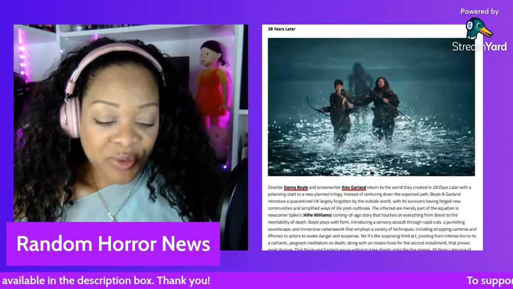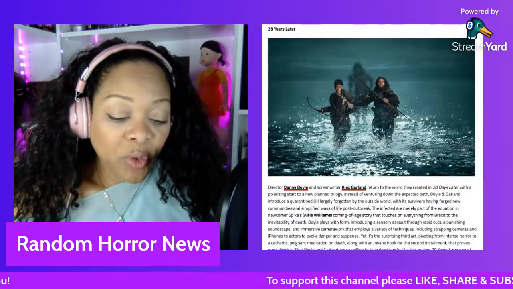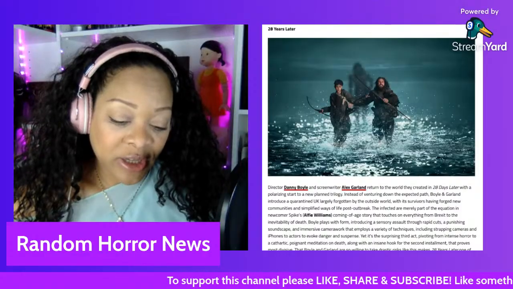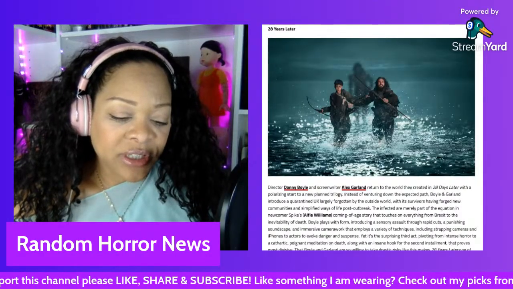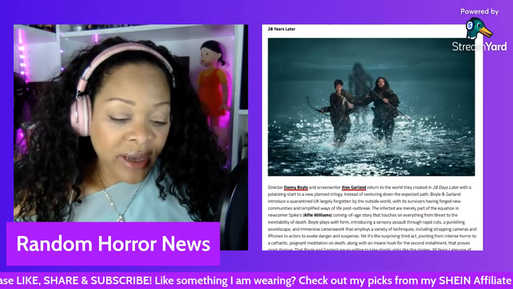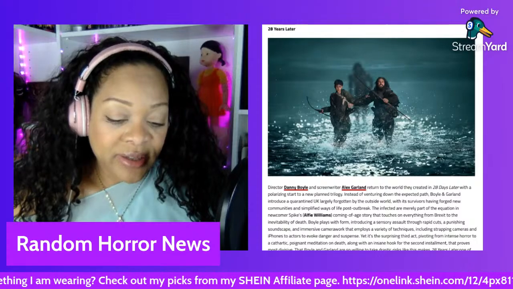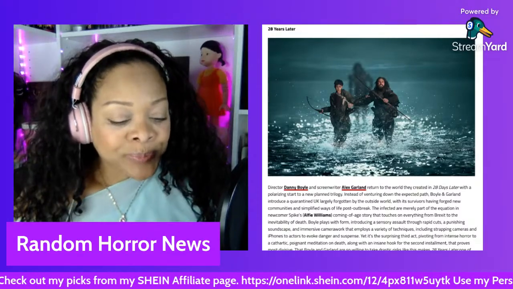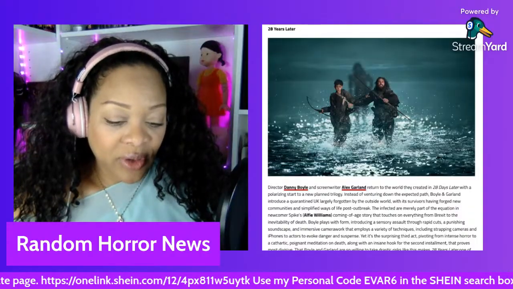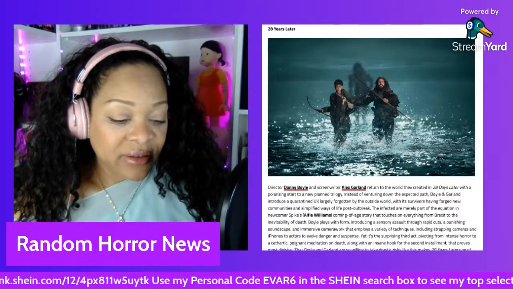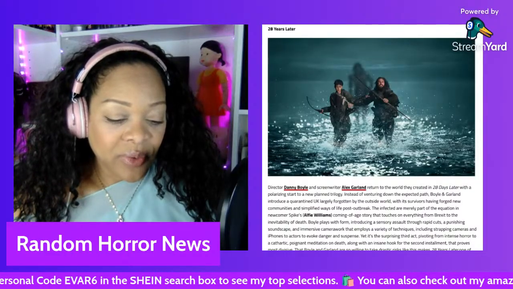Director Danny Boyle and screenwriter Alex Garland returned to the world they created in 28 Days Later with a polarizing start to a new planned trilogy. Instead of venturing down the expected path, Boyle and Garland introduced a quarantined UK largely forgotten by the outside world, with its survivors having forged new communities and simplified ways of life post-outbreak. The infected are merely part of the equation in newcomer Alfie Williams' Spike's coming-of-age story that touches on everything from Brexit to the